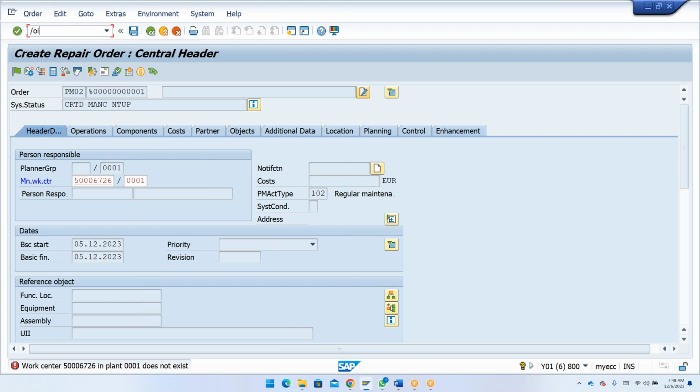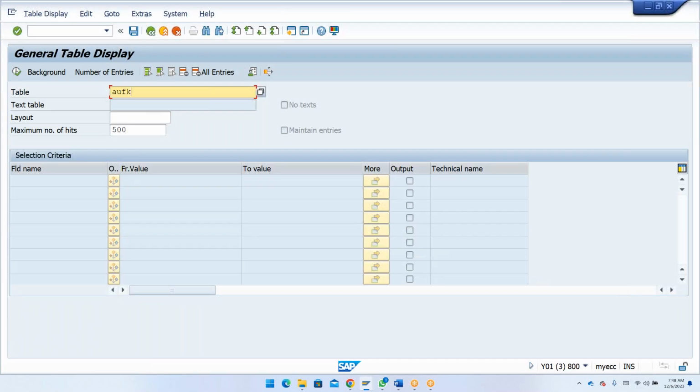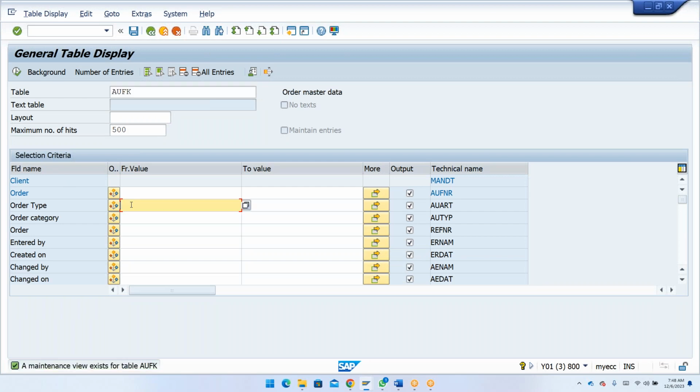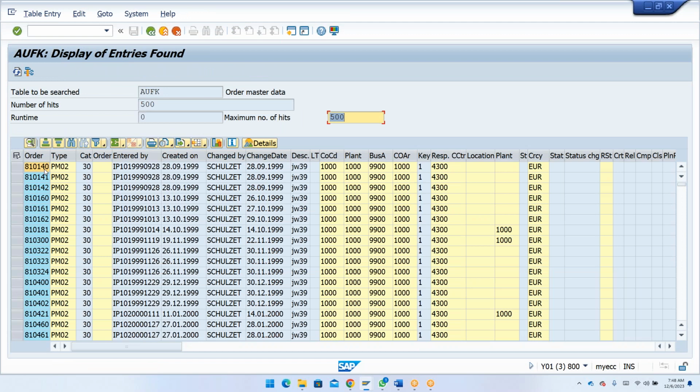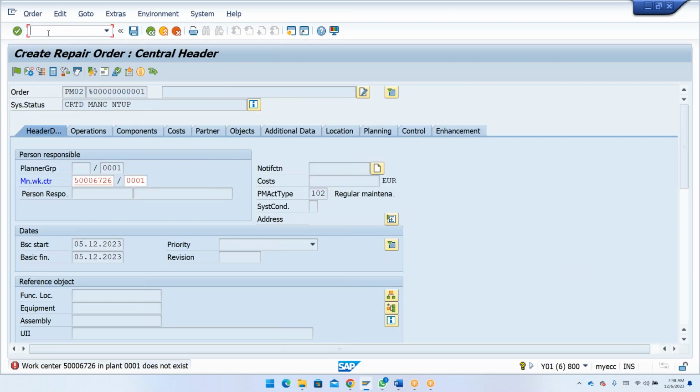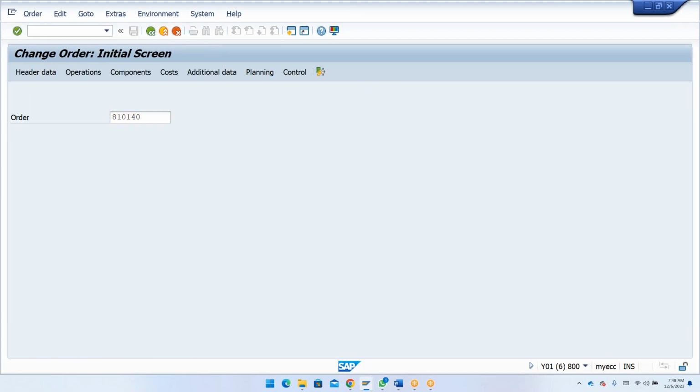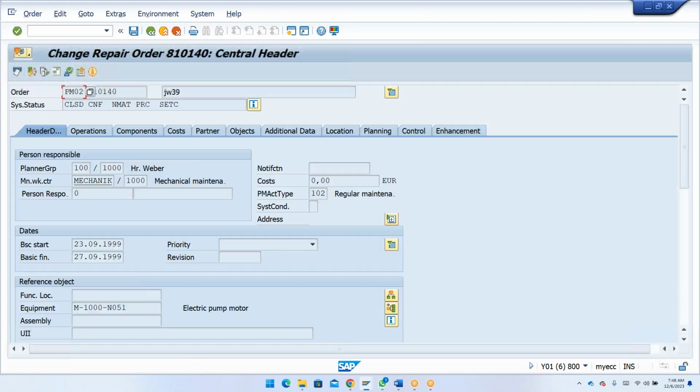So SE16N. AUFK is your table, and the order type is PM02. I'll click on execute. You can find the list of your outputs. Let me take this order and open it in IW32. I'll open that in change mode so that at least you can see that screen enhancement, guys. Now if I go to my enhancement tab,